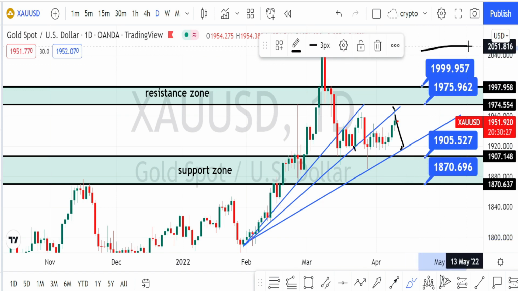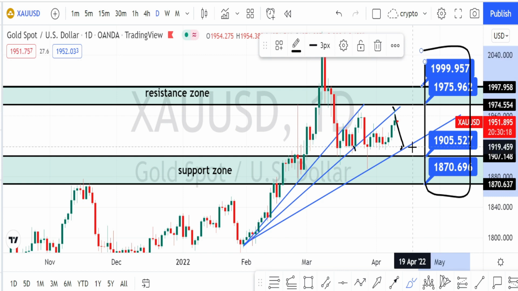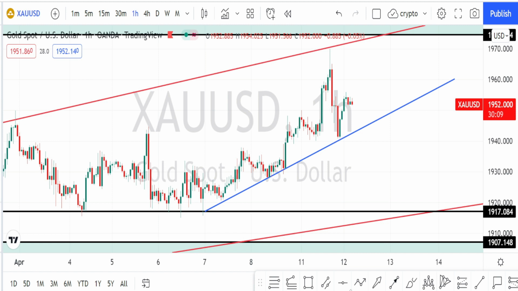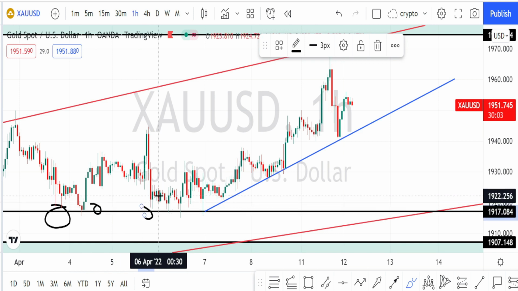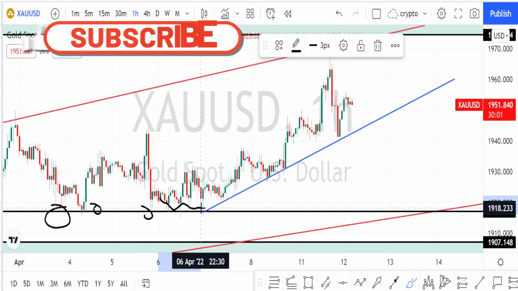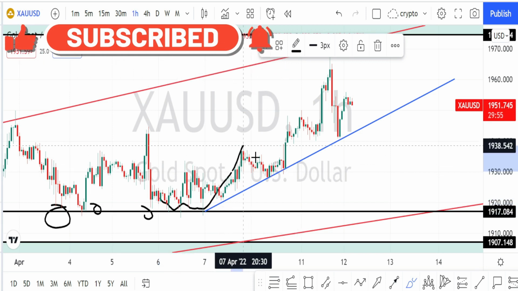So these are all the resistance and support levels in daily time frame. Let us do the analysis in hourly time frame. I am in hourly time frame now. When we analyze the market in hourly time frame, I have drawn one more support line over here. Price has tested this support level, then it started its bullish trend, and currently the price action is in a